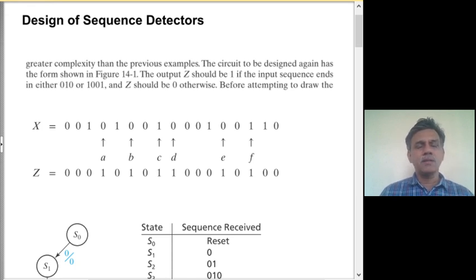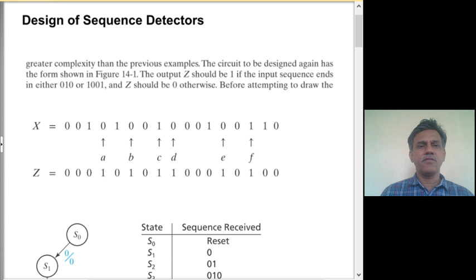So, sequence detectors are not in any way a very specific case of designing digital circuits. Any given digital system design can in turn be abstracted and viewed as detection of a sequence or a binary pattern in the input signal that is being given. So, with this broad view, we will look at what we mean by sequence detection and how we can systematically go about constructing a finite state machine model that can detect a sequence.